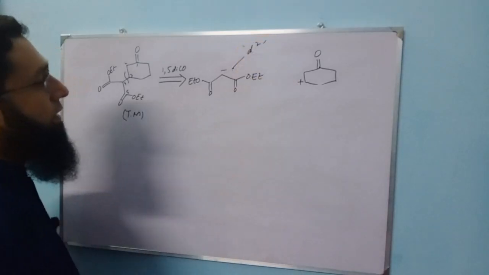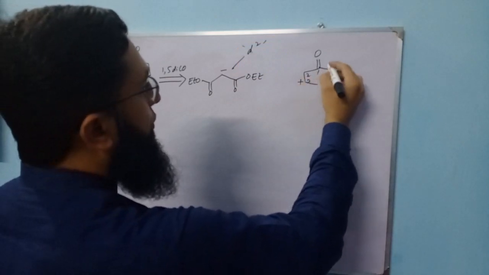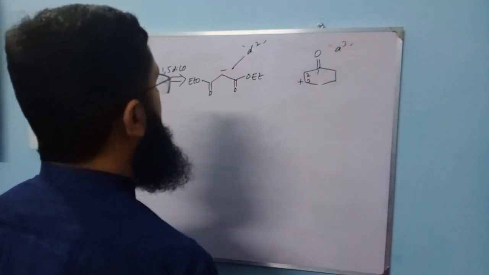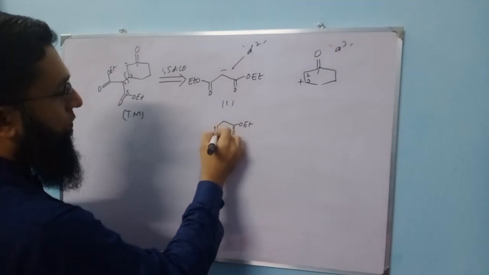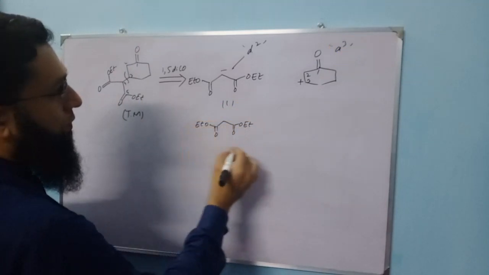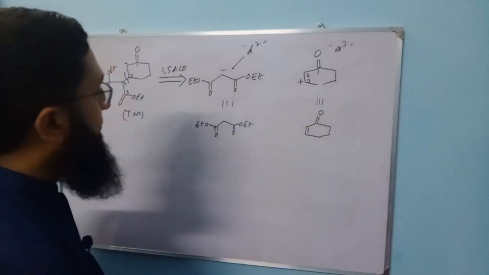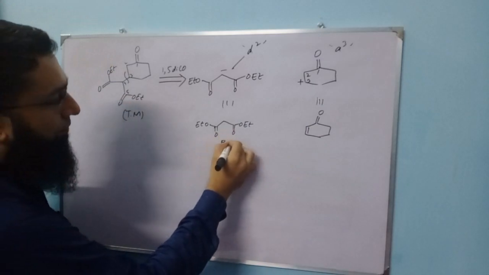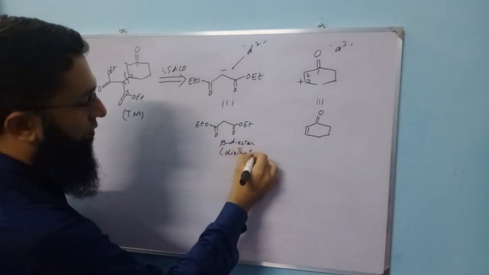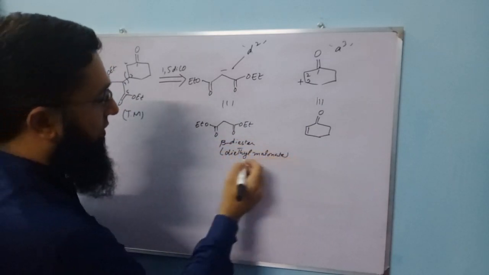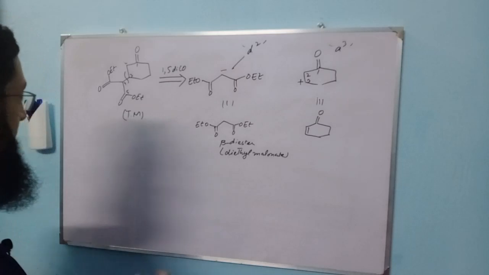As we said earlier, enolates are d2 type synthons, and this is a positively charged a3 type acceptor synthon. So the reagents for these: for this we have this beta diester, and its name is diethyl malonate, and this is a stable enolate and it is perfect for conjugate addition.